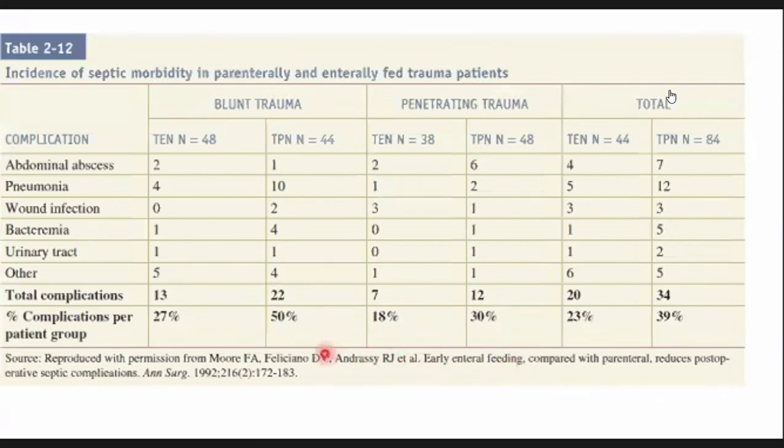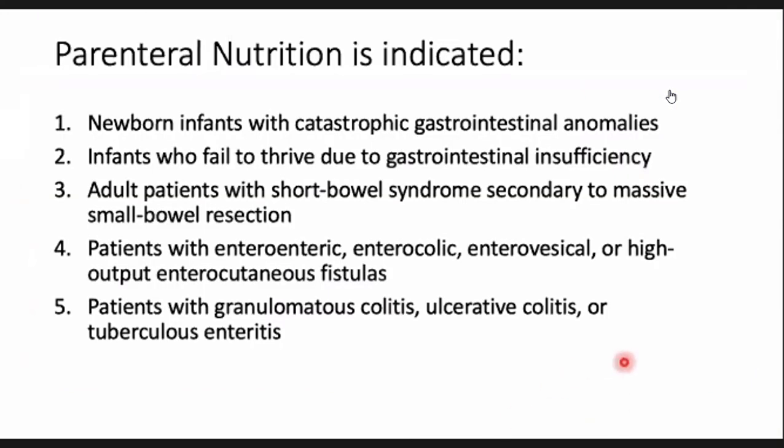As we can see, parenterally fed patients really have a significantly higher complication rate compared to the enterally fed patients. So it is really advocated that we give enteral nutrition whenever possible. So when is it indicated? Indications for parenteral nutrition